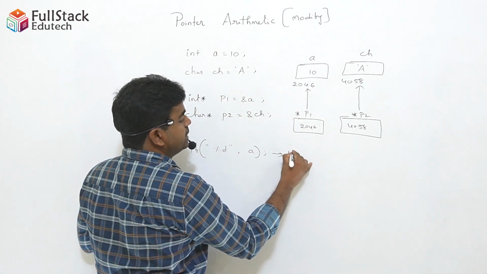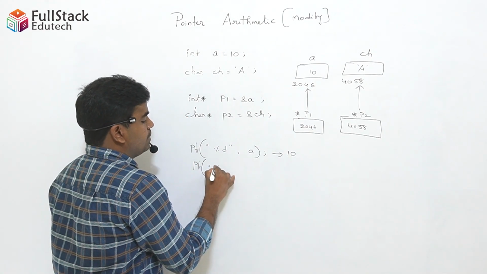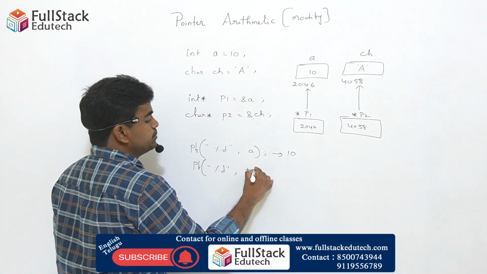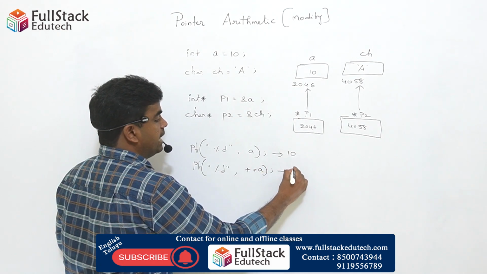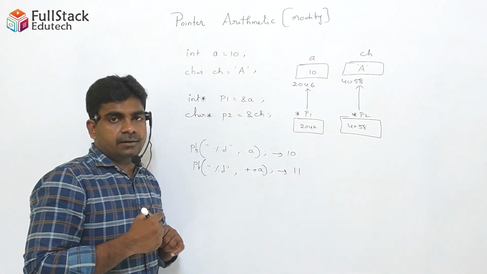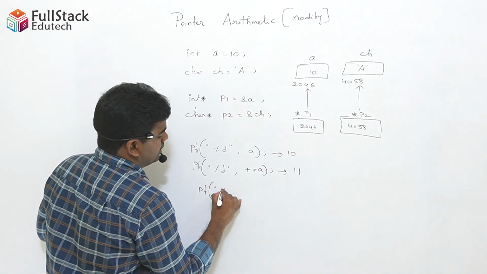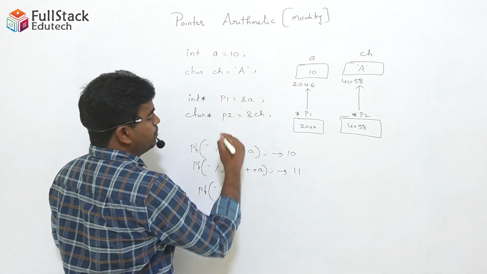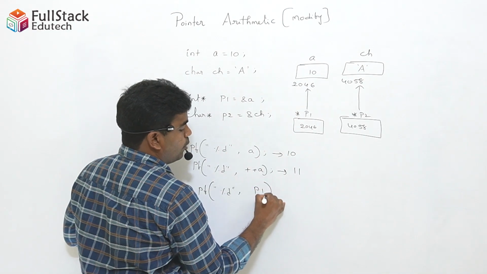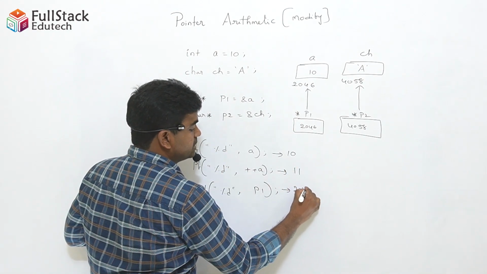So what is the a value? 10. Printf percentage d plus plus a we are writing, the value will be 11. Just increase by 1. But remember, if you are printing percentage d P1, the P1 value is 2046,